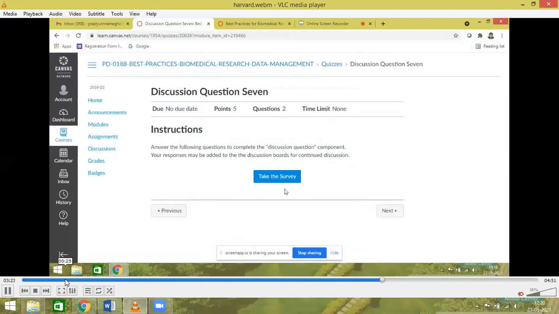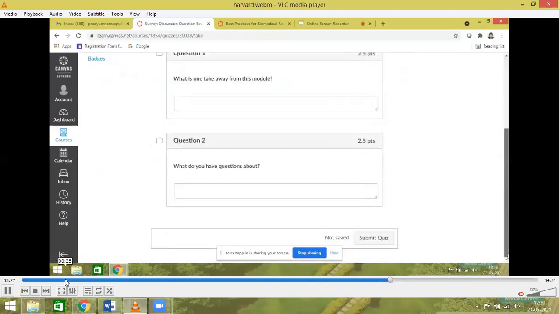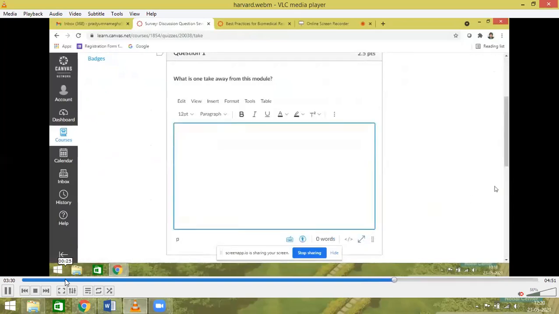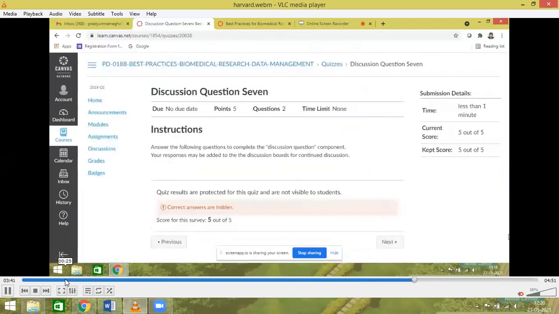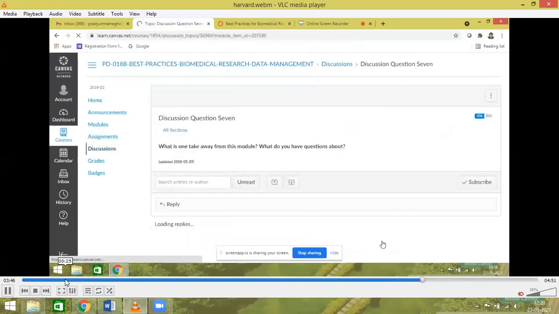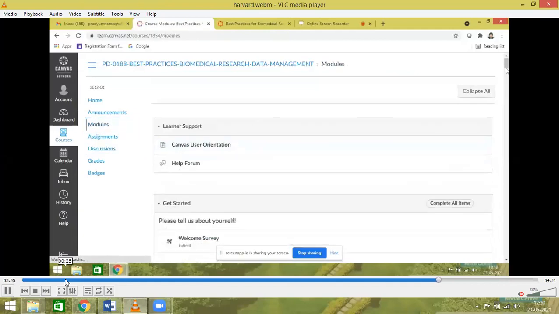Go for the next and take the survey. Survey is your own ideas of the present condition with respect to this course. Go for the OK. Yes. Instructions and again go for the next. So that's why I'm showing each part, one module we are taking here. So now after completion of the module discussion, if you are getting, go back to the module and check.